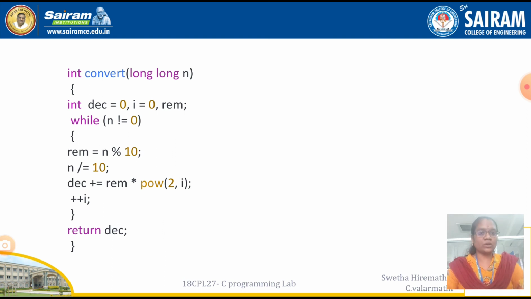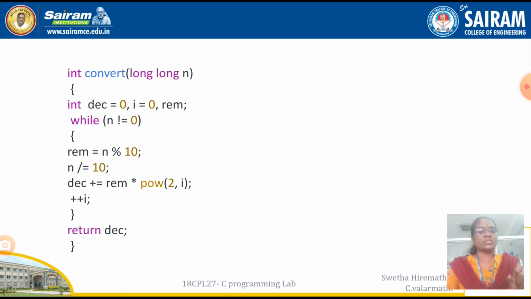Then what happens to the decimal value? This decimal should keep on adding. How it keeps adding: we know the formula, remainder times 2 to the power of i. Here i equal to 0, so 2 to the power of 0 you will get 1. What is the value of remainder? 0. So 0 will be multiplied, and the decimal value keeps on being added. In this situation also decimal equal to 0 will be there. Then we will increment the i value. Likewise for each binary digit, this will be repeated and added.